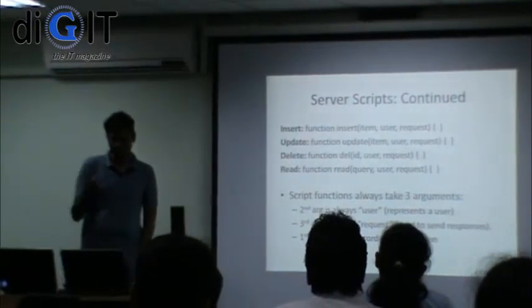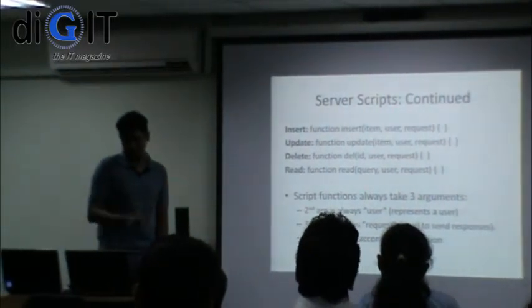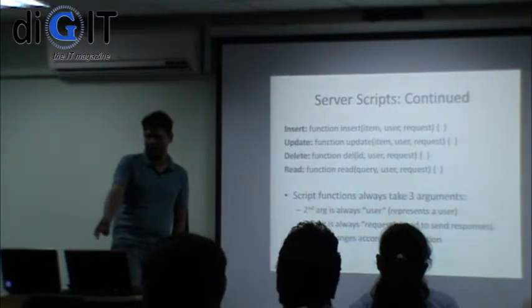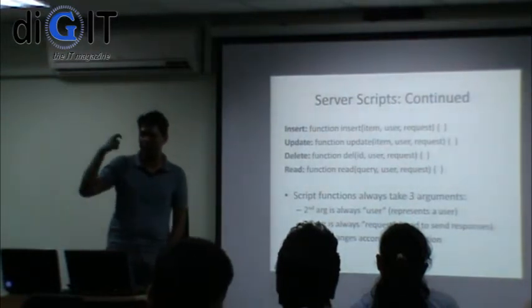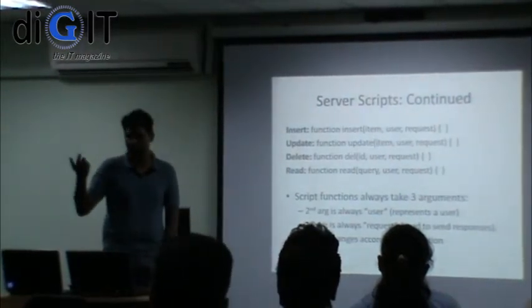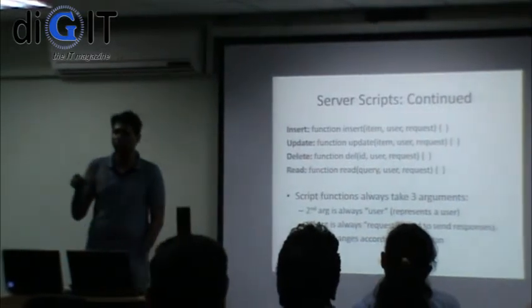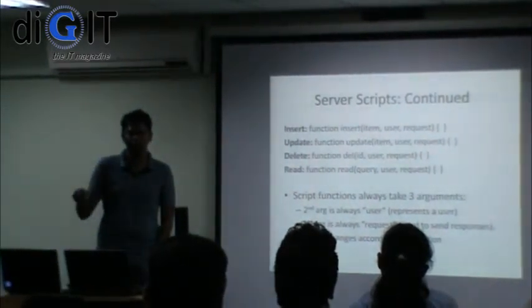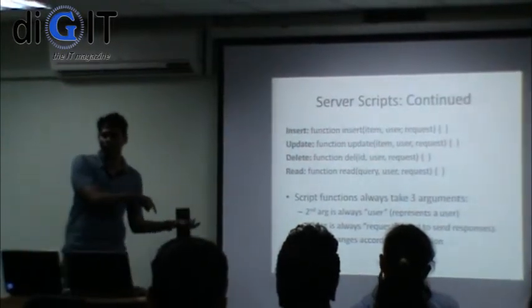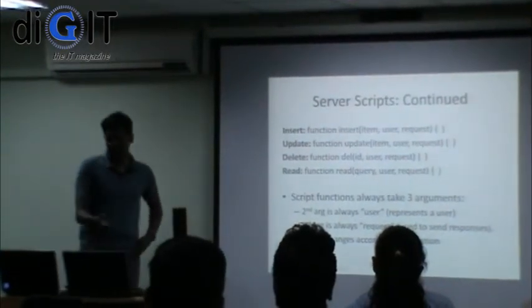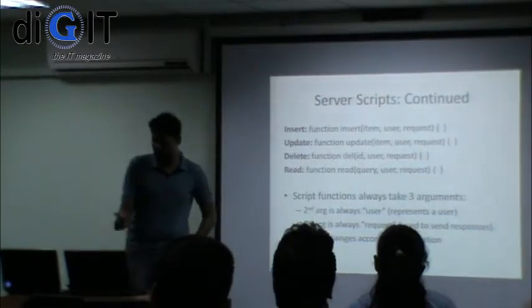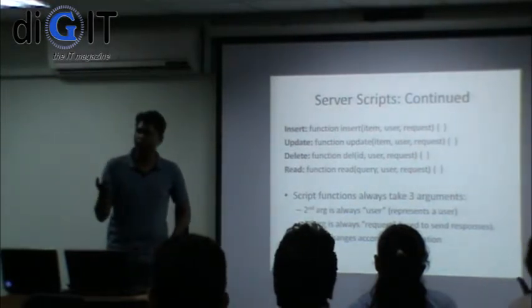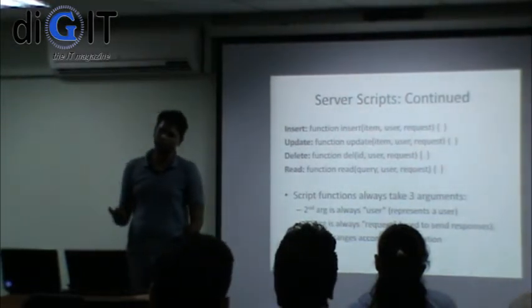The first argument changes according to the operation. So for example, for insert you're also going to have the item object. That's the item you're going to insert. In this case, the user object. So I can say item.name, the equivalent of user.name. Whatever I pass from my application will be there. Similar for update. Delete only takes the ID and the read obviously takes a query object.